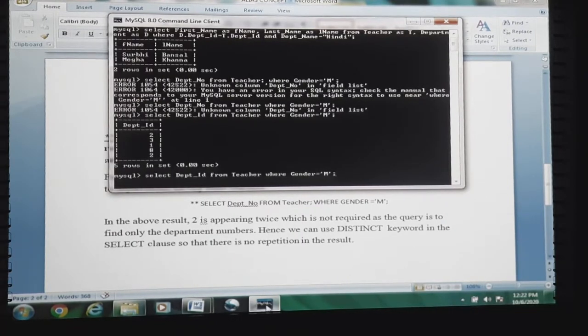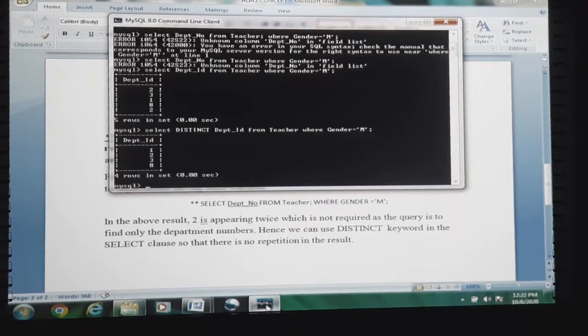So select distinct, the keyword should be inserted before department ID, from teacher where gender is equal to male. Once you execute this query, only the distinct values will be displayed.